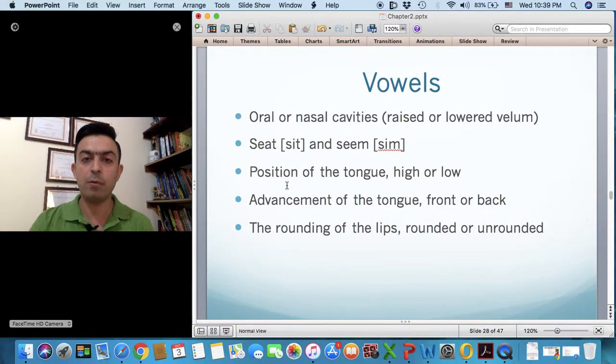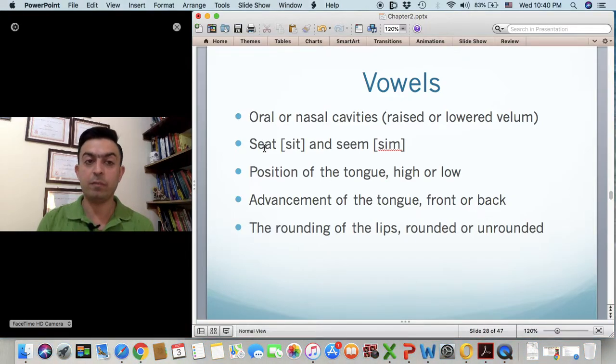Now, vowels are produced in the oral or nasal cavities. So basically, English doesn't have nasal vowels, but sometimes in certain environments, the vowel becomes nasalized. So, raised or lowered velum. Like if you say the word seed, now seed,